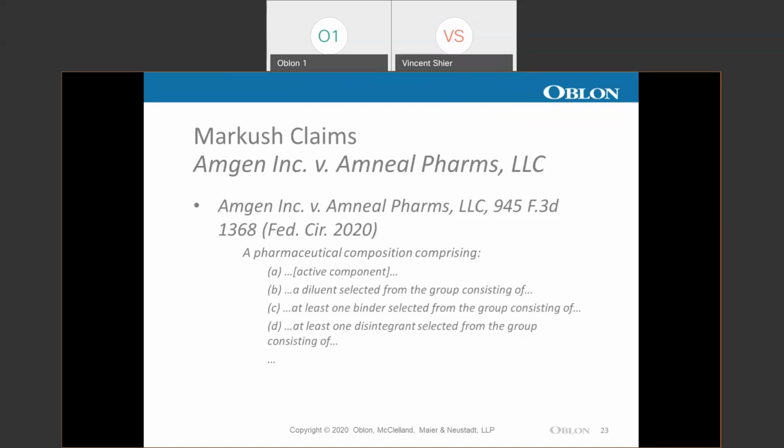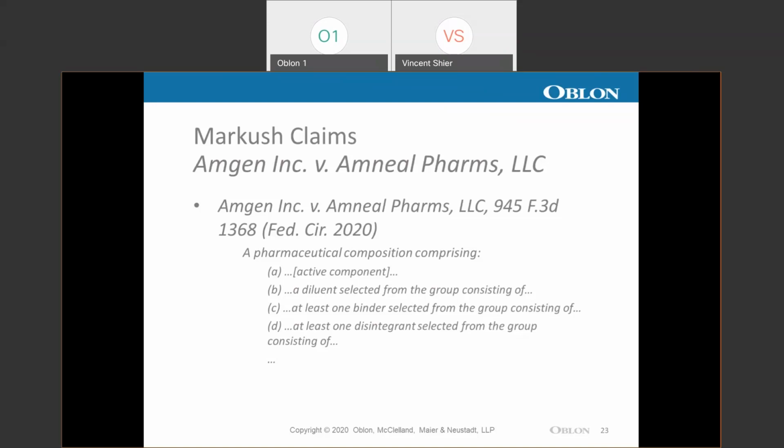The court clarified that additional unrecited members of the Markush group are allowed when the recited group is preceded by comprising and includes qualifying language such as at least one. The key issue was with respect to infringement analysis, and it asked whether the binders shown in subsection C and the disintegrants shown in subsection D of Claim 1 included those unrecited elements by virtue of the preceding preambulatory transitional